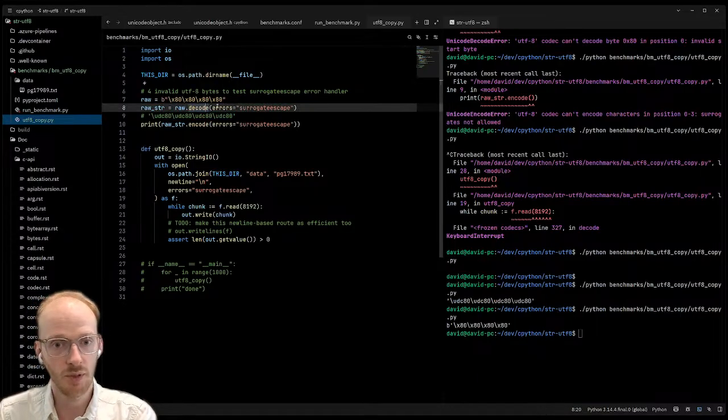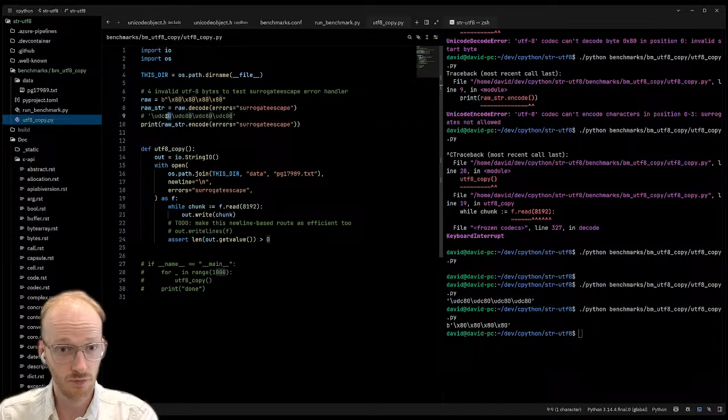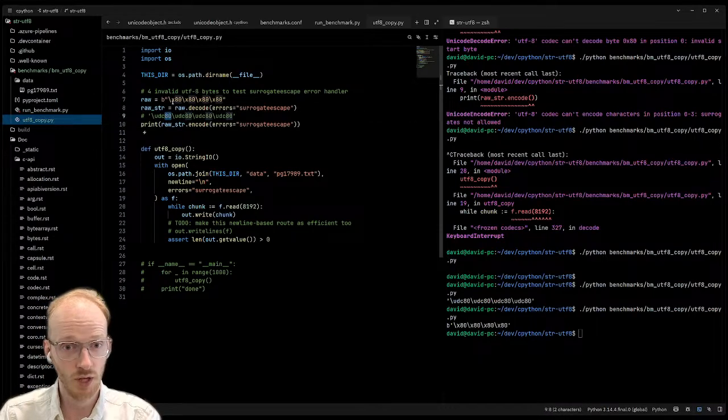Okay, so you're telling me that at the moment, the physical format of these, we've taken those 4 bytes and we've changed them to these code points, right? DC80. That's the surrogate escape error handling.